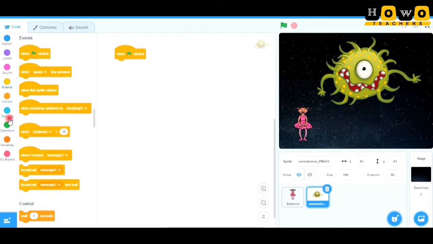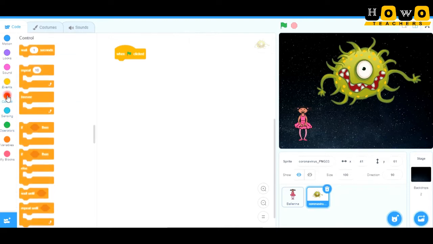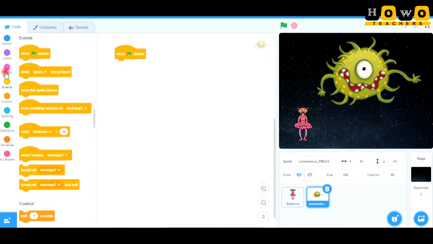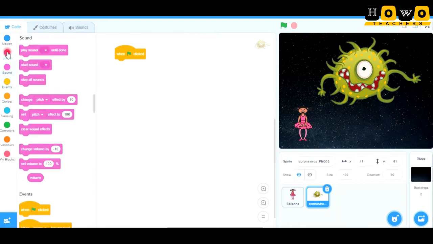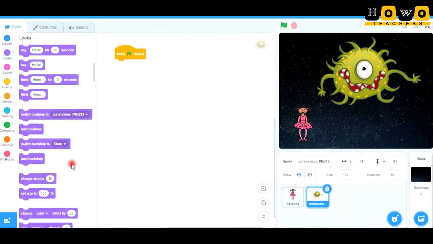So I'm going to take some controls here. Here, look, set size to percentage. I'm taking it from the looks part. So when the start is pressed, then 100% is the actual size.